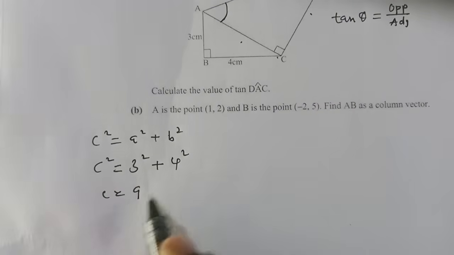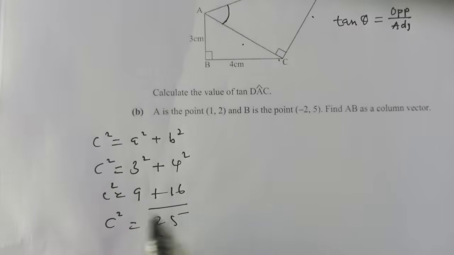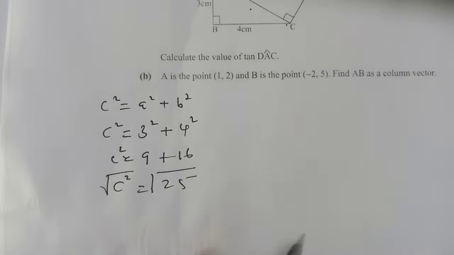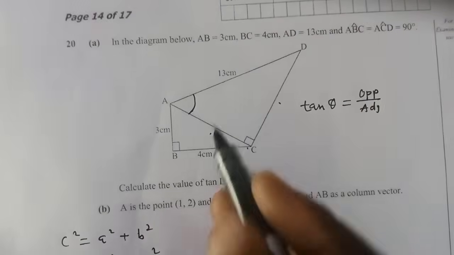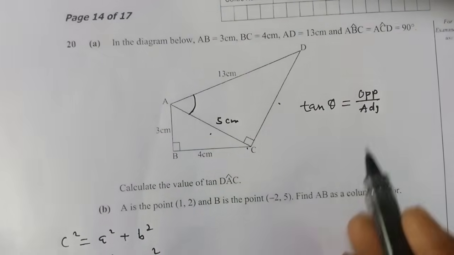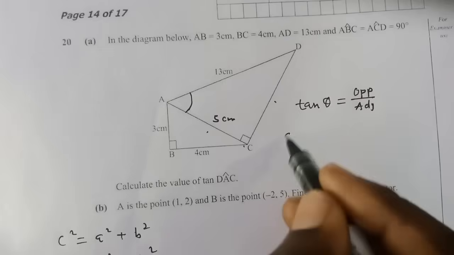Therefore, we solve. This is 9 plus 16, so c squared is equal to 25. You square both sides, you are remaining with the 5. So this is 5 centimeters. We have found the adjacent. So we need now to find the opposite. Opposite, we use the same